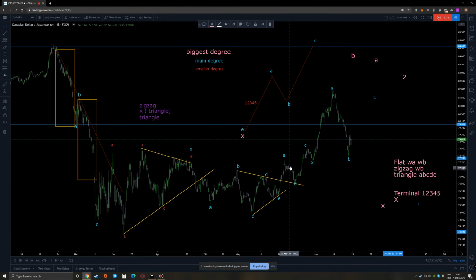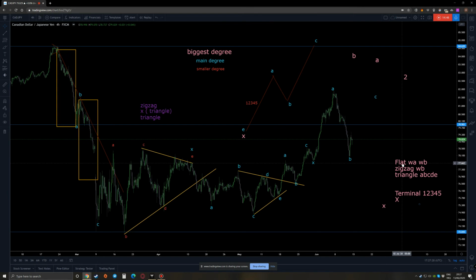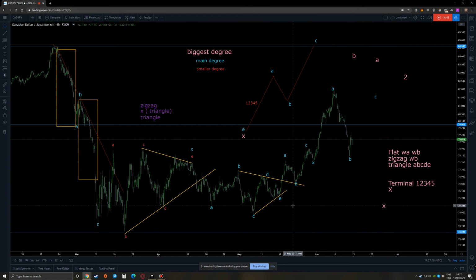This can be, for example, 1, 2, 3, 4, 5, and it can make this wedge pattern here, and maybe this was a B wave and this was a C wave, and it can all wave. This is another possibility too that you should think about. But you also should think about you have to make more than one scenario in order to be successful in this game. Okay,